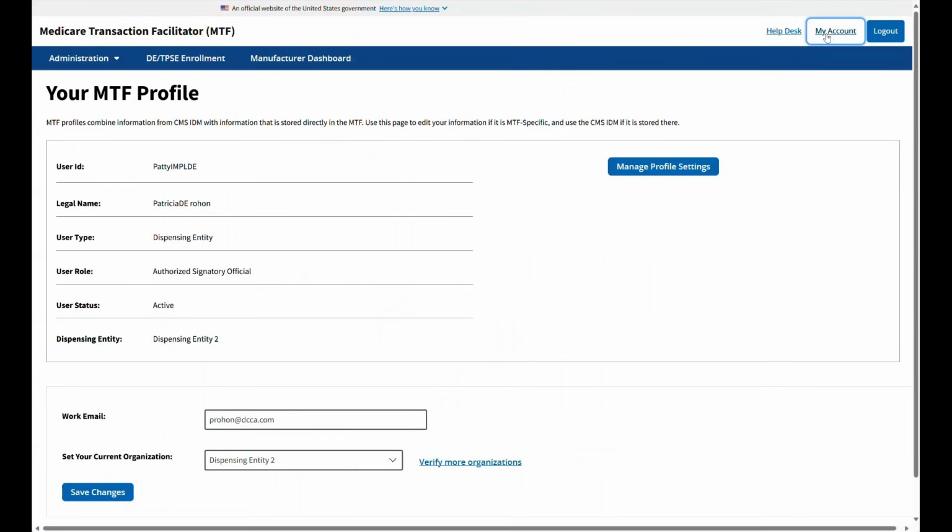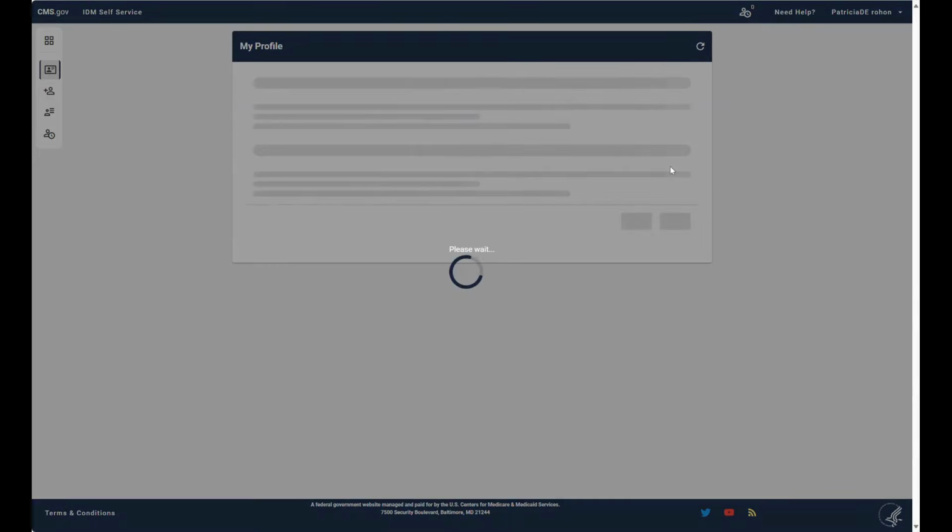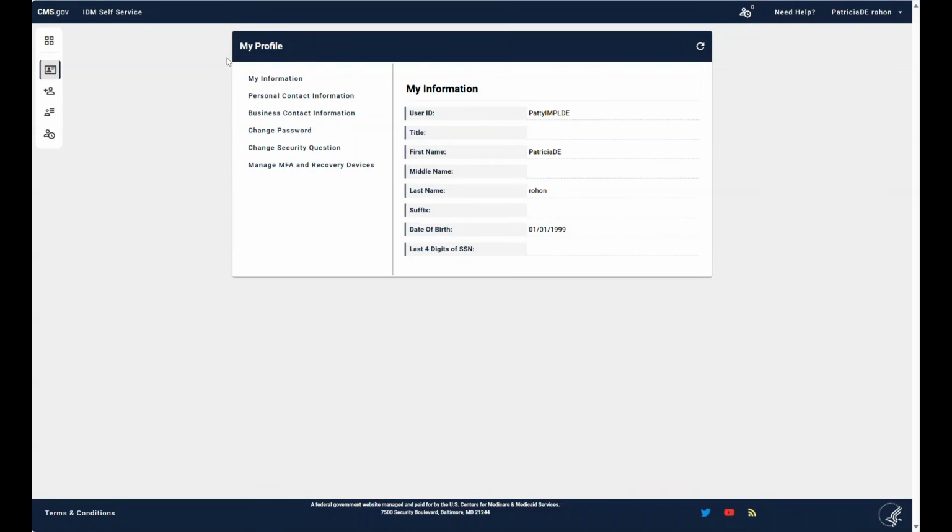My account will bring you to your MTF profile. This is where you can manage your MTF profile and also your CMS IDM by clicking on Manage Profile Settings. This opens a new tab where you're able to update your personal and business contact information. You can change your password and you can change your security questions.